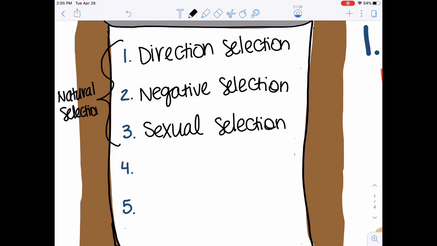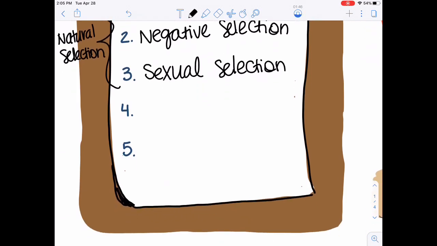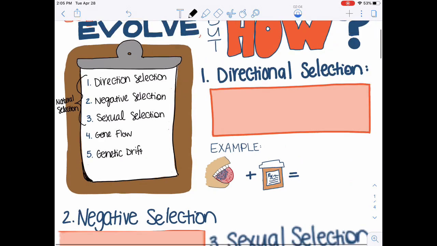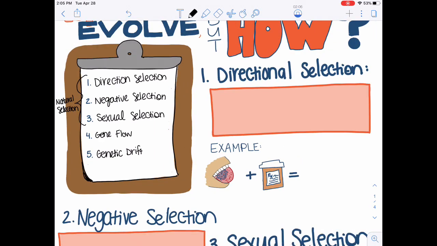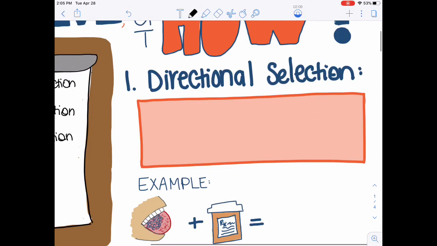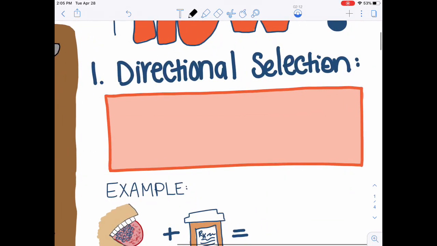So Charles Darwin, natural selection. The last two, number 4 and number 5, are not types of natural selection. They are alternatives. Number 4 is known as gene flow, and number 5 is genetic drift. And we are going to discuss all of those in more detail. So first, we have directional selection. Our definition is natural selection that favors a particular trait so that it is present in virtually every member